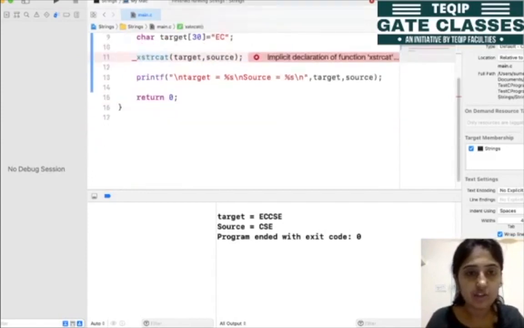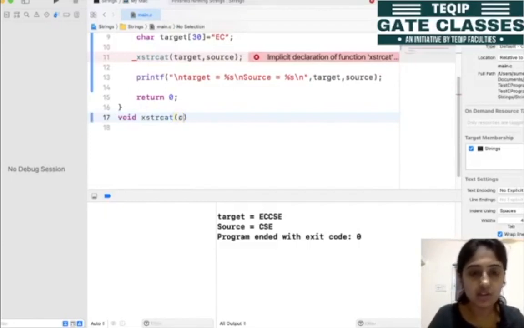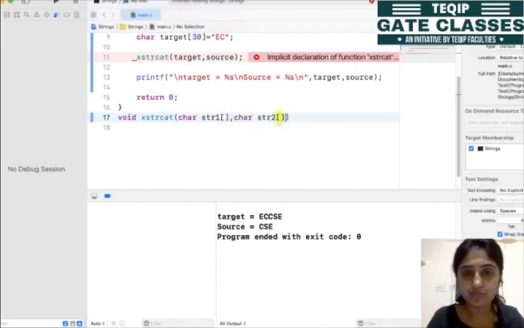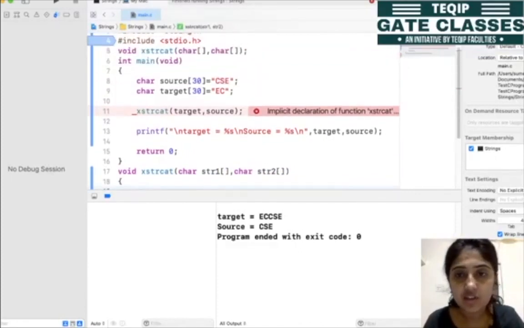After this we need to write the definition of this function. So let's say this is the character array 1, this is our string 1, and this is our character array 2, this is our string 2. Okay, fine. So, implicit declaration of function.